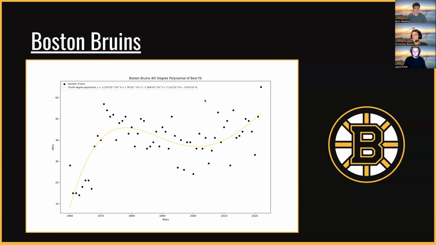Moving on to the Boston Bruins, we again see their spike in wins per season between 1960 and 1980 mapped pretty well, with a pretty steep increase of the curve and a peak during that time. Then we experience a trough between 1980 and 2010, when their wins started to decline, and again another peak when their wins started to increase again after that time. We see this curve maps the flow of the points fairly well, and we'll explore the accuracy of this during our error analysis later in this presentation.